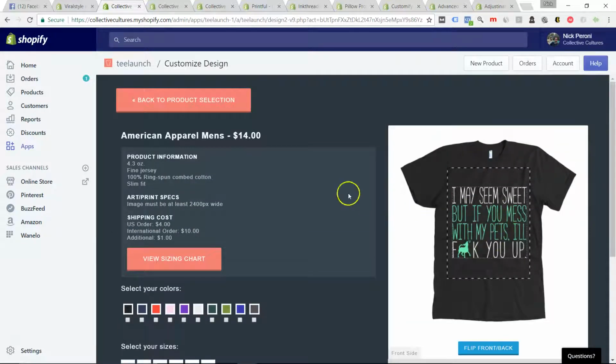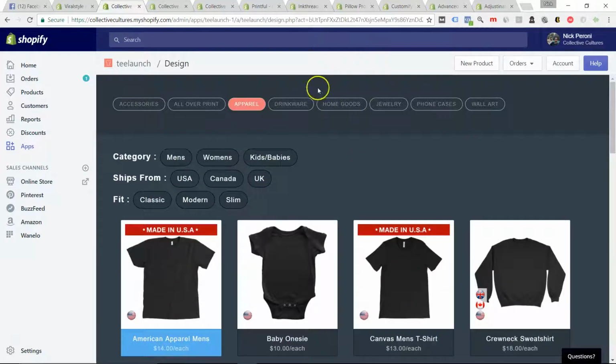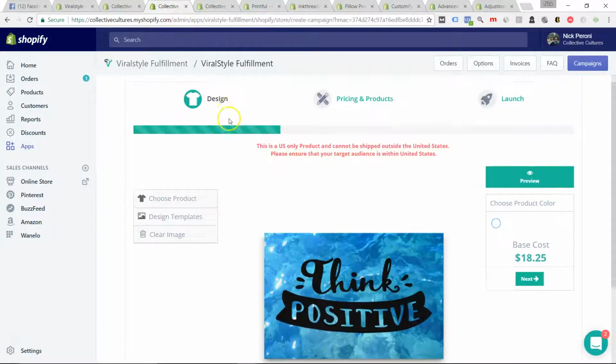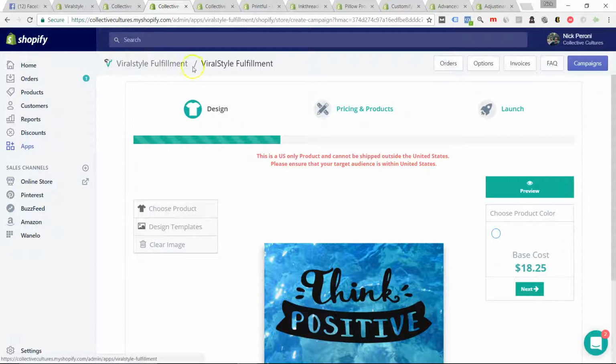I mean, one design could potentially work across multiple different products, and it could be that it works on one product better than another. Maybe your first product choice doesn't match with the market as much, and you find a different product that works a lot better all of a sudden, right? So that's definitely something to consider as well, and that's why there's so many different options out there. I'm going to look a little bit more specifically at canvases in the future, but for now I just wanted to introduce Viral Style and why I like Viral Style, and show you